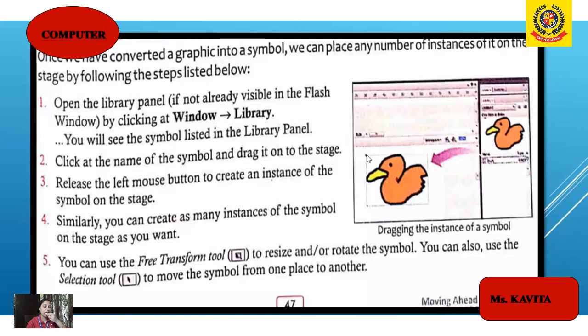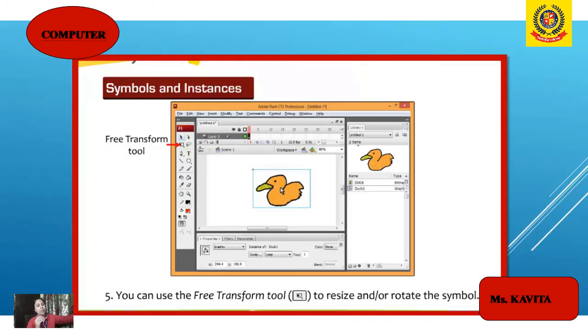You can use the free transform tool to resize and rotate a symbol. You can also use the selection tool to move the symbol from one place to another. Now next, you can delete an instance of the symbol from the stage simply by selecting it